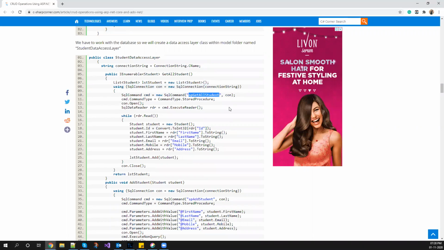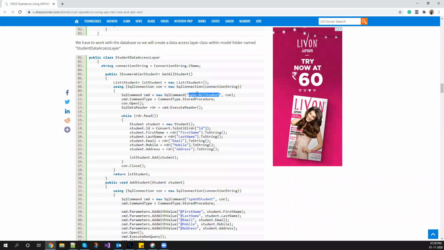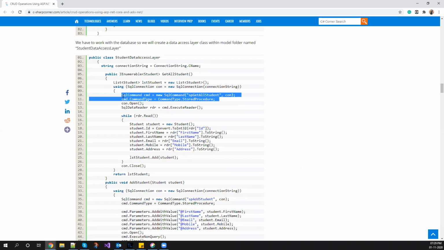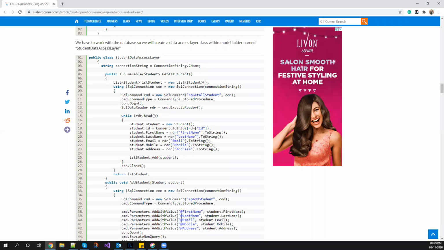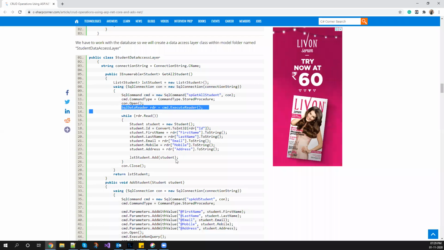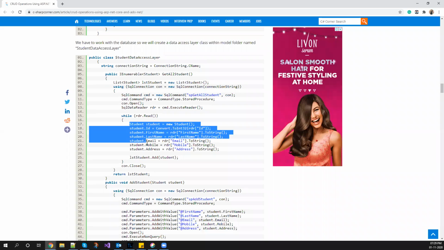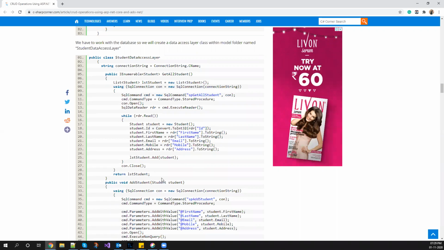Here in the command, we have done this. I told you we can either write the query directly or give the stored procedure. Here you are giving the stored procedure, but see this line. If you do not write the query directly and use the stored procedure, you have to specify the command type as stored procedure. By default, it takes a query. Be careful on this, it's important. Generally, this is how connections are made if anyone is using ADO.NET. You open the connection, you read it, and then you pass the values to your model, the student class you have defined, and add it to the list.